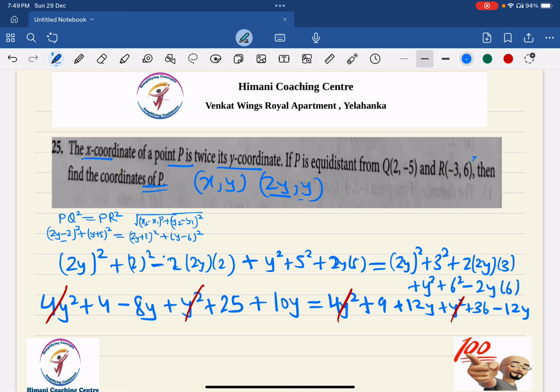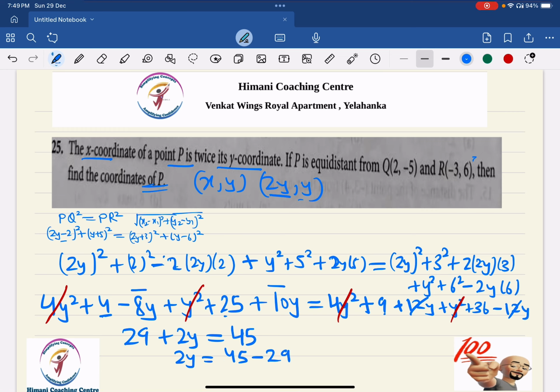Okay. Now let us simplify whatever is there. So 4 plus 25 is 29. Minus 8y plus 10y will give us plus 2y. Let us go to RHS now. 9 plus 36 is 45. And 12y minus 12y goes. So we are left with 2y equals